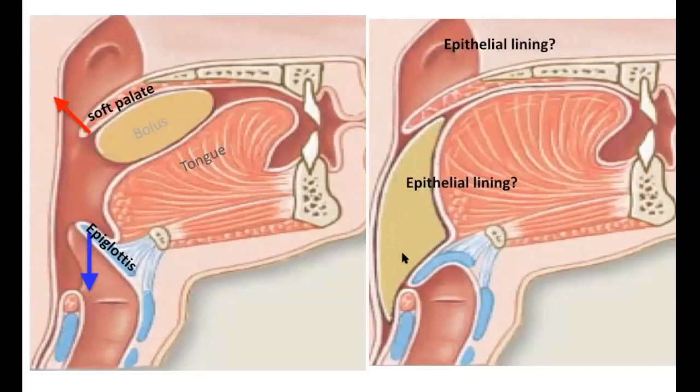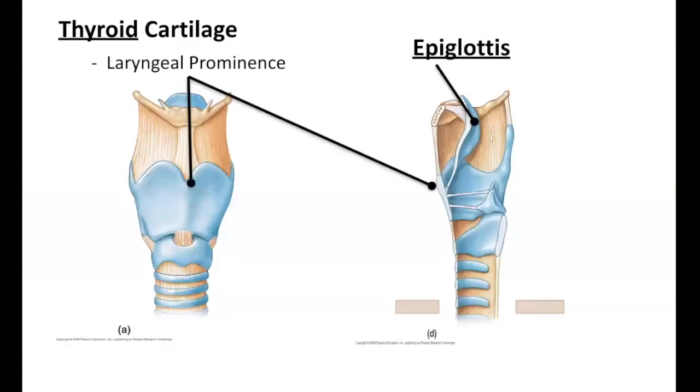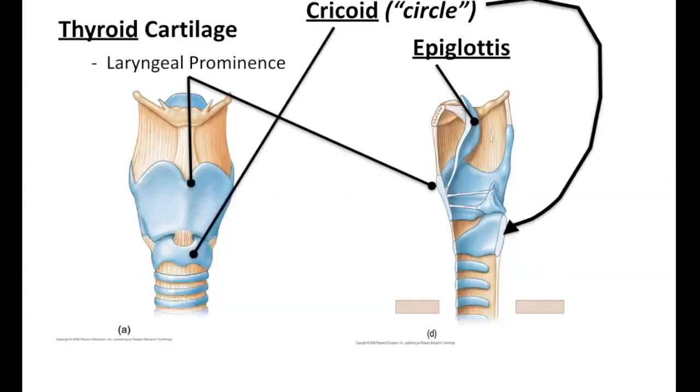Stratified squamous. And then what's the epithelial lining down here, right? So you get the pattern here: air, food and air, air, right? It's that simple. And up here, you're going to be doing things to that air. So the pseudostratified ciliated lining, with that mucus and the cilia, is going to have certain functions. All right. So I just kind of went over all this. If you have any particular questions, you can